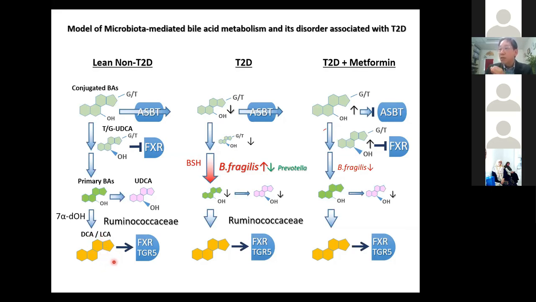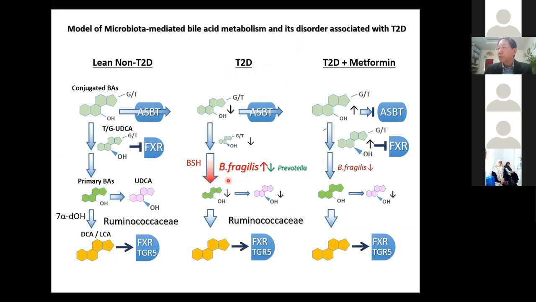And it is known these bile acids are important to modulate the host receptors, that is FXR and TGR5 and so on. These receptors are very important for the control of the fasting blood glucose. Okay. So in the healthy people, this stream is going smoothly. Okay. But in the T2D patient,